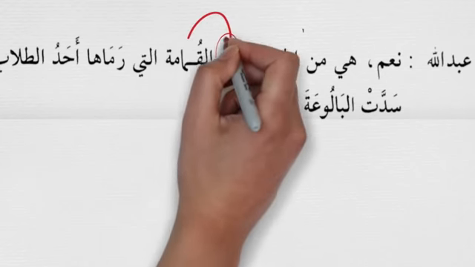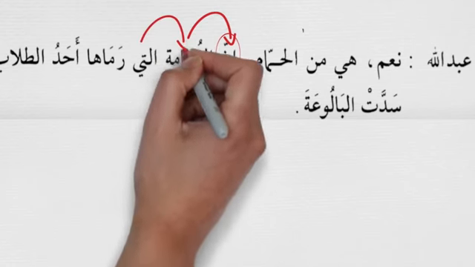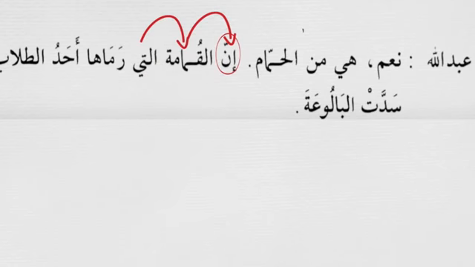Innal qumamata. So we have here inna, so it will have ism and khabar. It's very interesting to see how the things are connected and they come and form a sentence. So inna, al-qumamata forms the ismu inna. So now we are looking for khabar. But if you look at how the sentence continues, Innal qumamata allati. Here allati is coming as a naat. So it is connected to qumamata, which is connected to inna, and allati is connected to qumamata as a naat. So we know allati is a ism mawsula, and